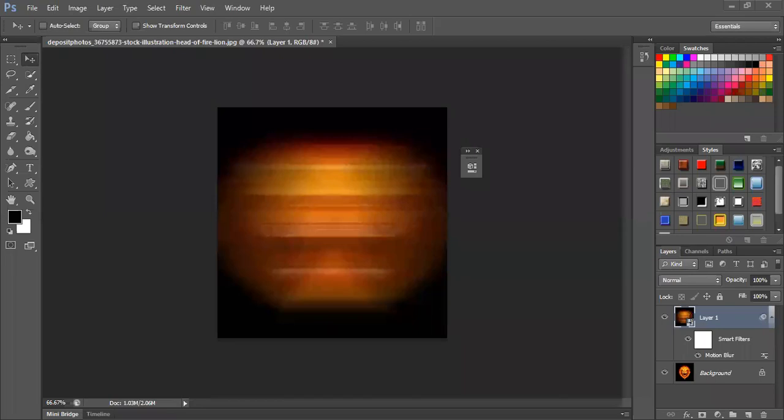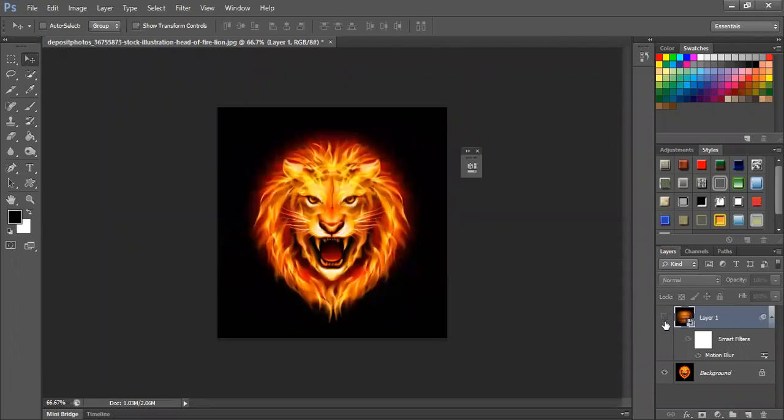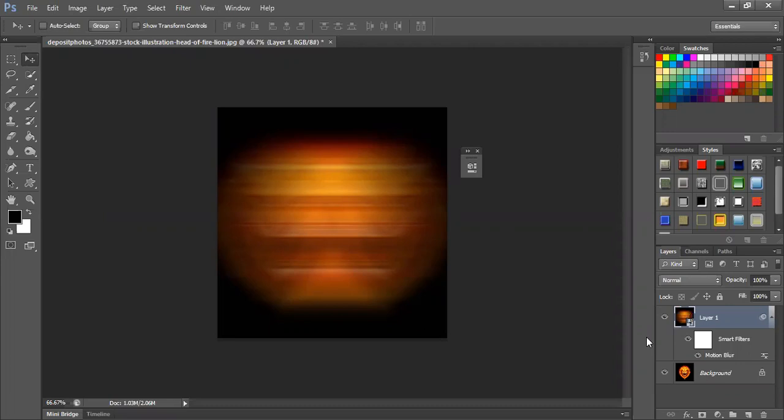What changes happen when you make a layer a smart object? Filters apply best. There are two advantages of putting an image or a layer as a smart object. One, the original image is still there with you in the backdrop of it. So you can see here, this is the original image and this is the blurred effect image. Second, filters apply best on smart objects rather than pixelated images.